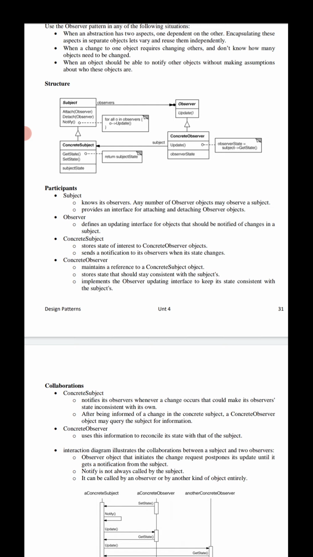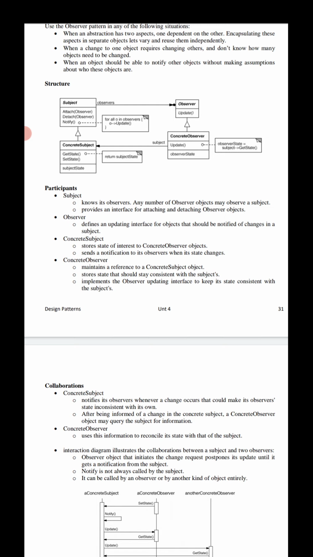It is the concept of observer and subject. Coming to the concrete subject, it stores a state of interest to concrete observer objects. It sends a notification to its observers when its state changes. And coming to the concrete observer, it maintains a reference to a concrete subject object.